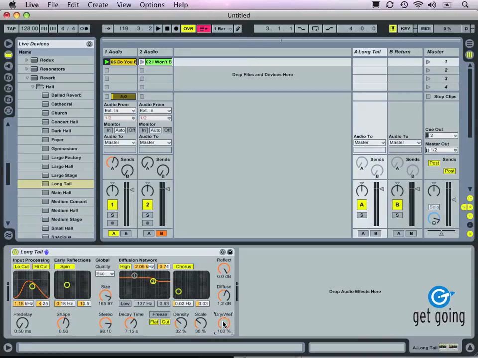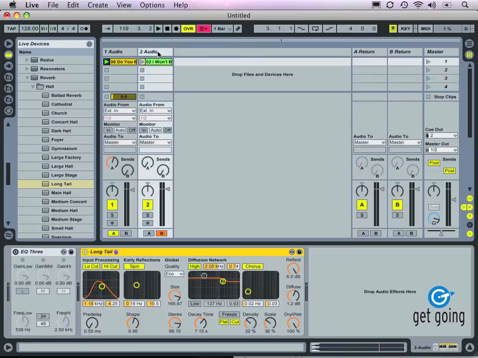Now, we adjusted this dry-wet earlier. If you're clever, you will have deduced that we can actually use this as an insert effect as well. So let's see that in action just by way of comparison. I'll go ahead and take this device, drag it over onto audio track 2,